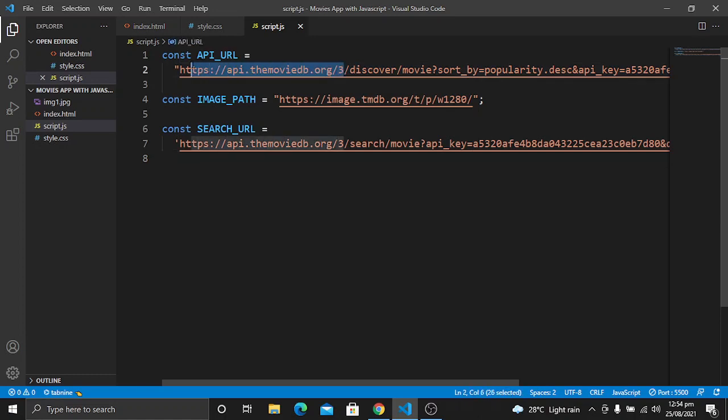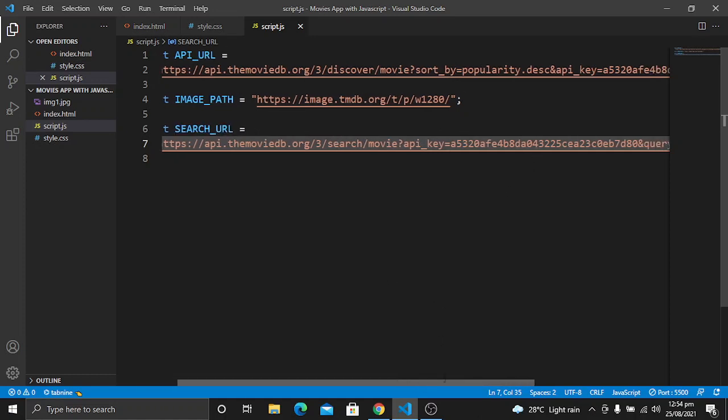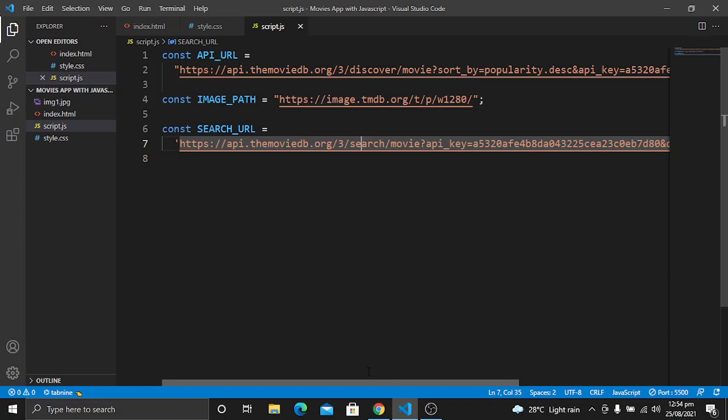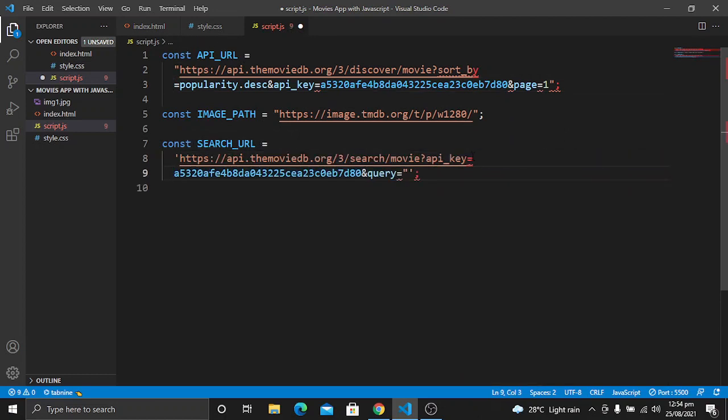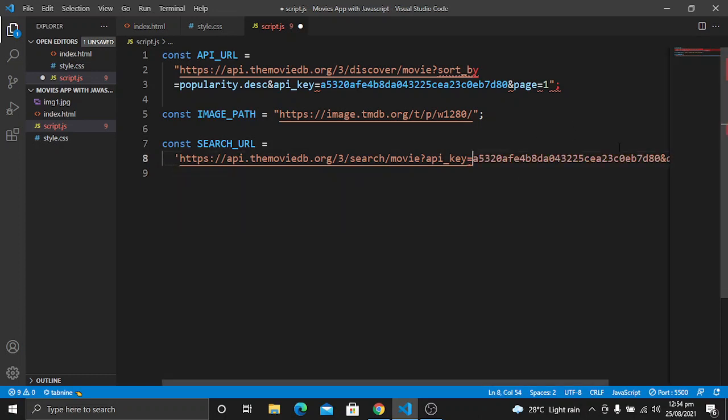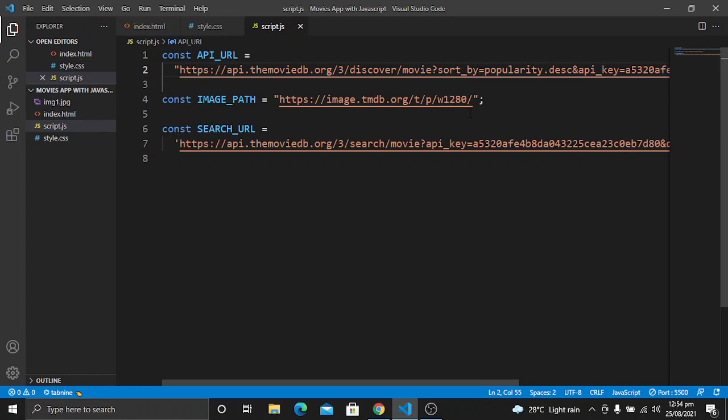So the search URL is going to be the same thing. For example, the base API is going to be the same one, which is this one. And then we just have to use this search term. Instead of discover, we have to use this search term, and then we have to pass it the API key. So you can pause the video and copy this. For example, I will move it to the next line. Now you can copy all of this content and then rearrange it. So I can undo the changes, and now let's save it.